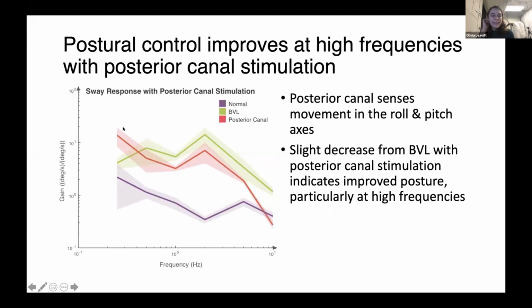With stimulation in the posterior canal, which senses movement in the roll and pitch axes, there is a slight decrease in gain from bilateral vestibular loss in most frequencies, which indicates improved posture. This is particularly true at high frequencies. This makes sense because the posterior canal is sensing movement in the roll axis, so any movement that is sensed would help contribute to